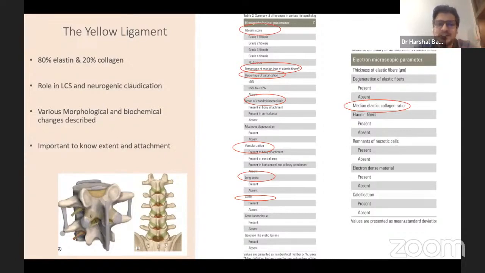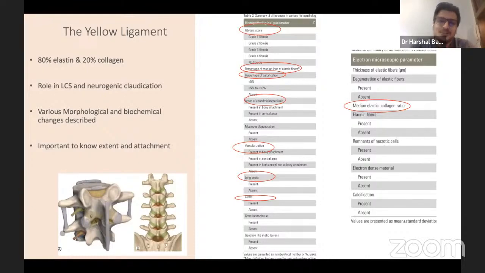We must understand as clinicians the extent and anatomy of the yellow ligament. As a surgeon, for me, surgical anatomy involves a superficial layer and a deep layer. The superficial layer is attached to the inferior lamina at the superior aspect, and it undermines the superior lamina and attaches there. But the deep yellow ligament or ligamentum flavum deep layer actually extends to the inferior lateral aspect of the pedicle, and that clearance is very important to clear the lateral recesses. So we'll know it as we go forward.